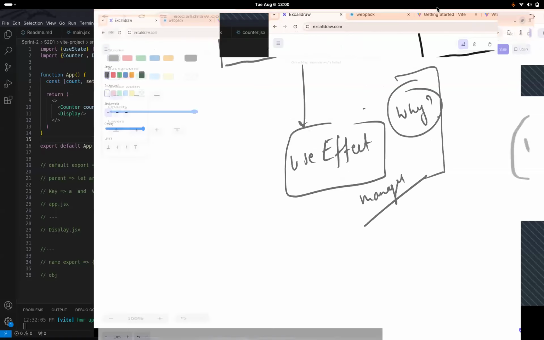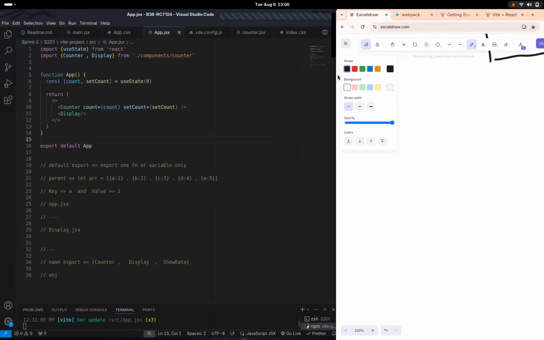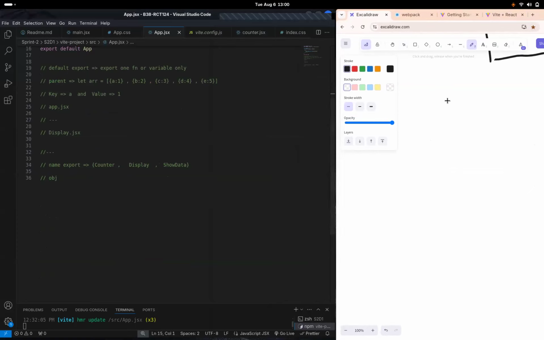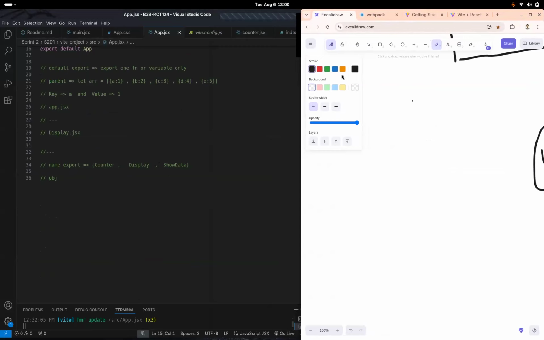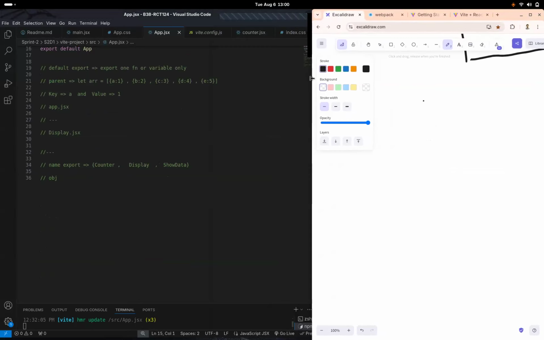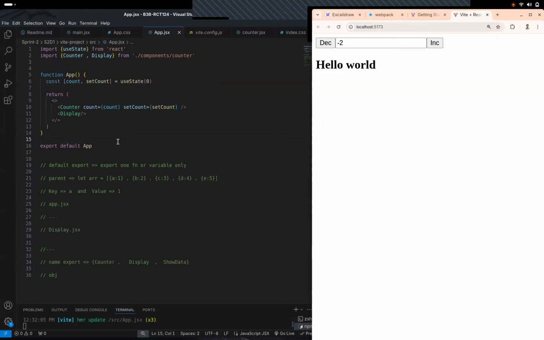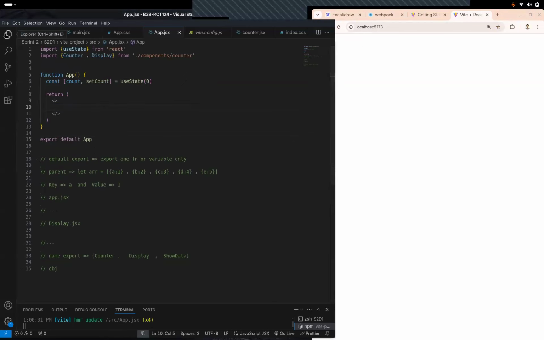So again, we'll be back into application creation mode, right? Let me make this a bit smaller, okay this will work. Sure. So let's go back over here, and over here what we're going to do is remove these two for now, right?